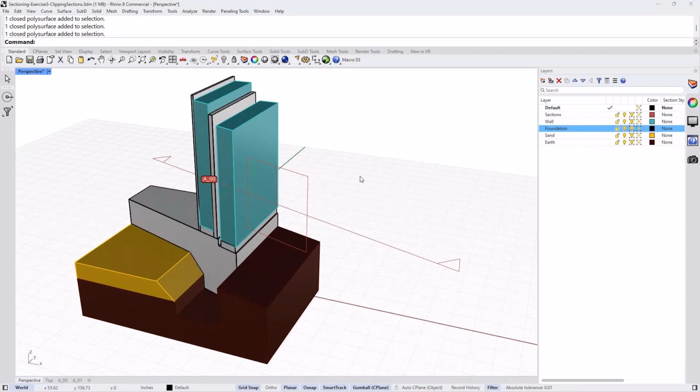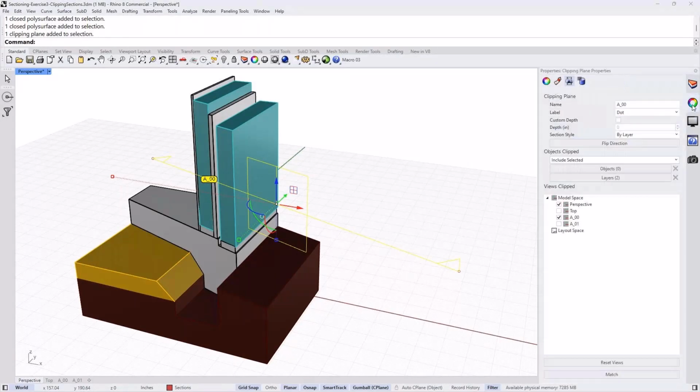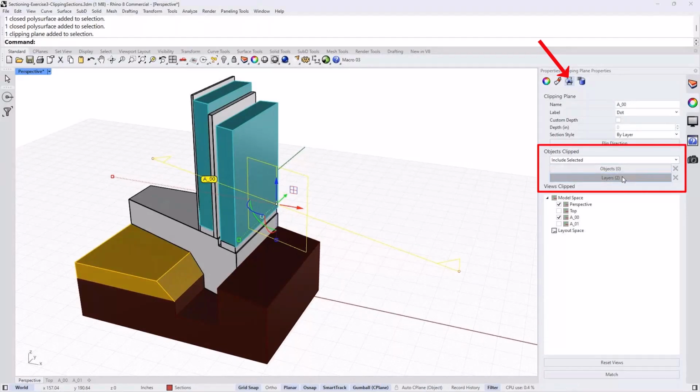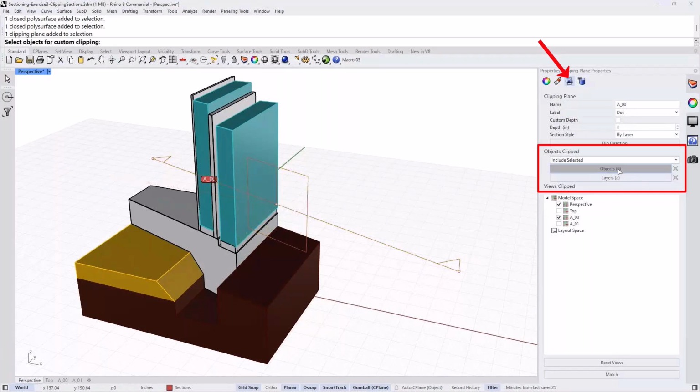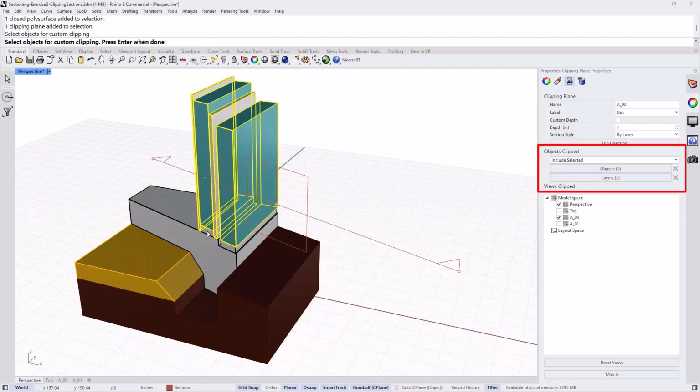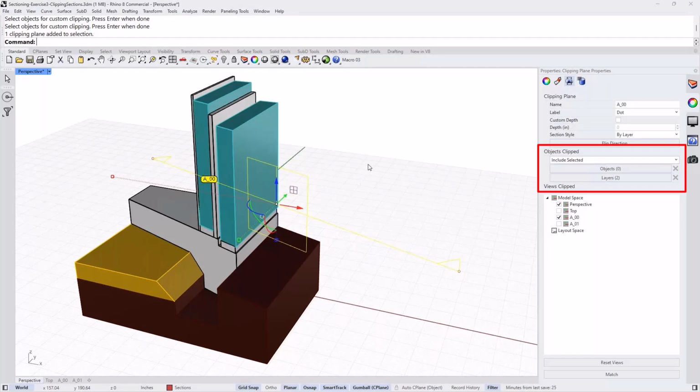So what I can do is go back here and say that I want to cut through also certain other objects. So I click on the objects and I say, okay, I want to cut through these objects and this and that, not this one, the extrusion. And these are the objects that I want to cut through, okay?